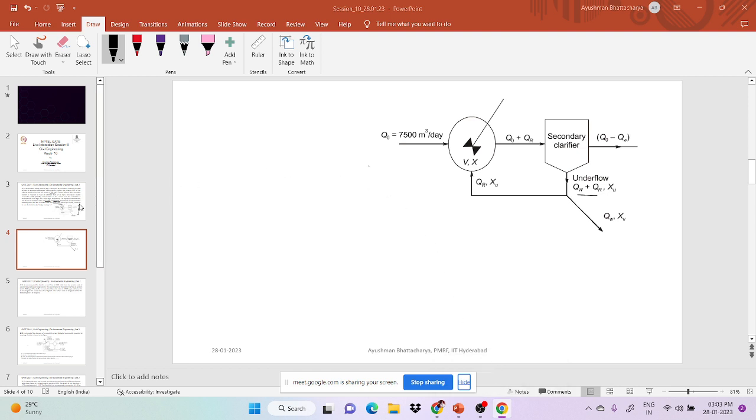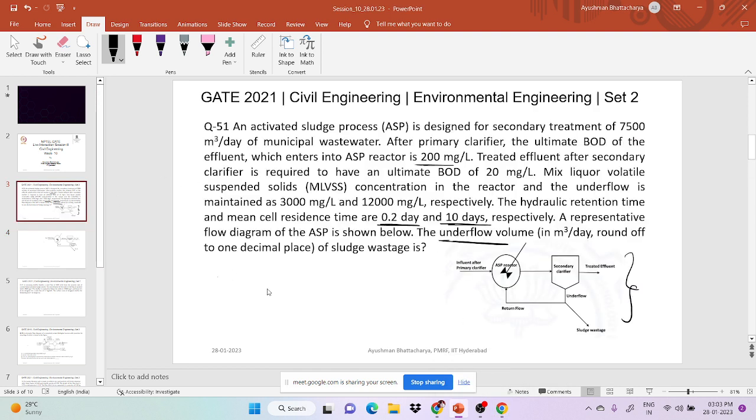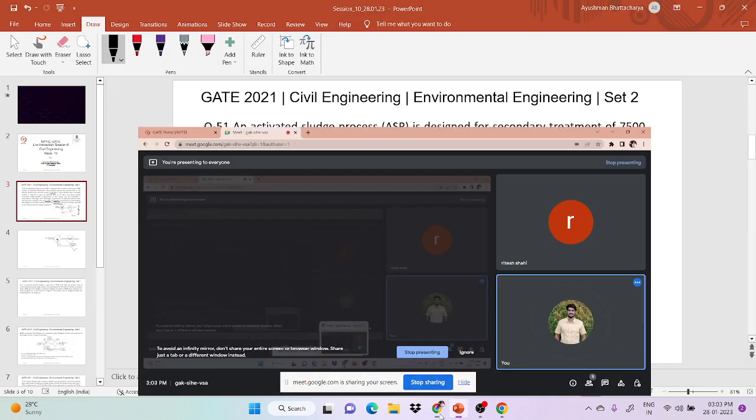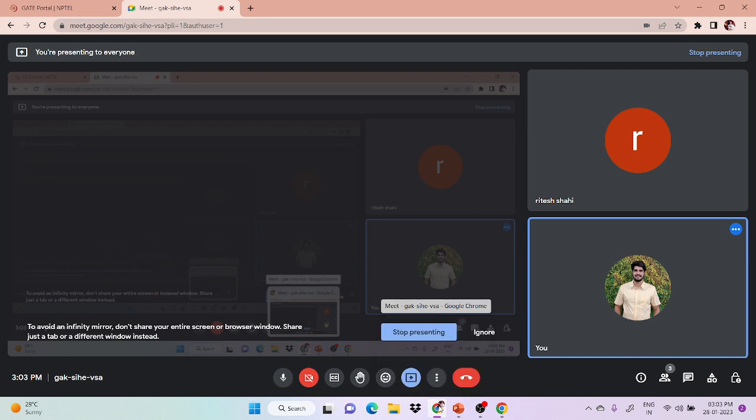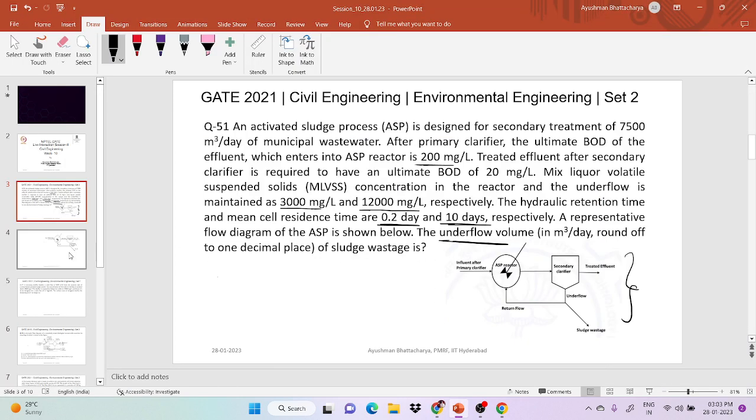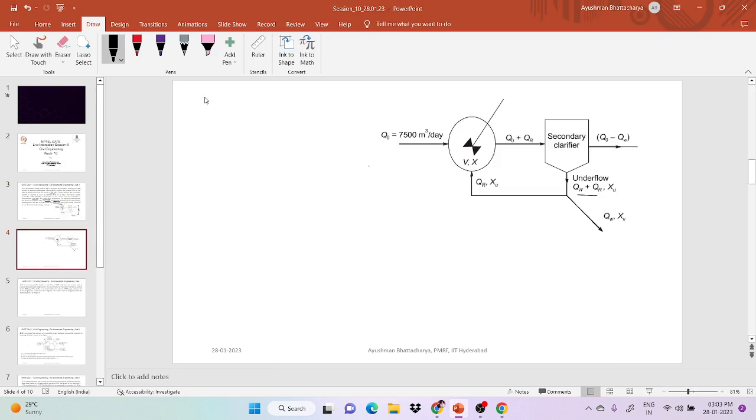Now, based on the question, we have to write. They have given the mixed liquor volatile suspended solids concentration in the reactor and the underflow as 3000 milligram per liter and 12,000 milligram per liter. So let's start with the question. Given that X is 3000 milligram per liter,